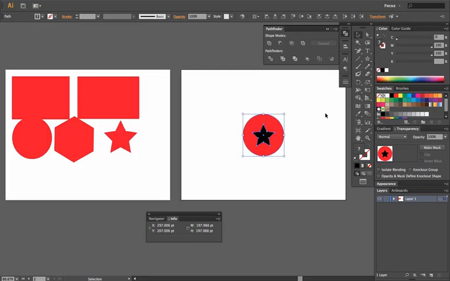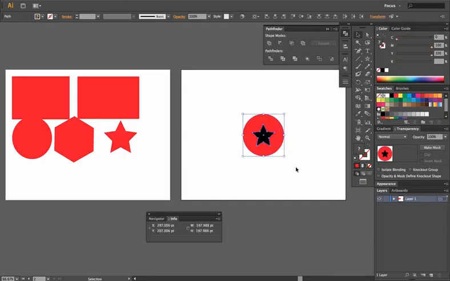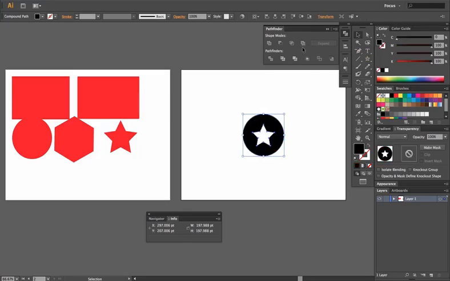Since this shape is on top, we're going to remove it. We have two ways that we can do this. We can either minus the front object, which removes it, and you'll know this because the background now shows, or we can exclude overlapping, which excludes the two. The only thing is,